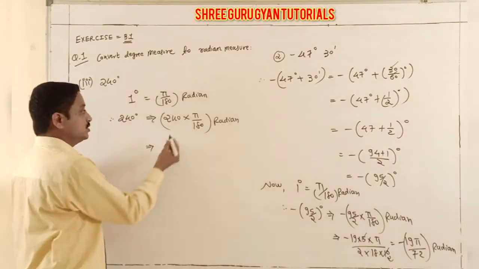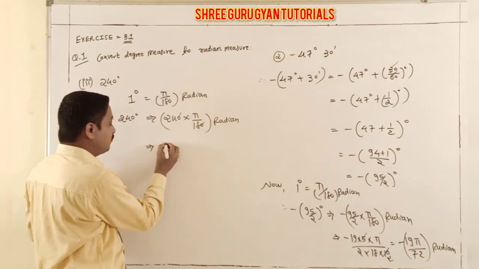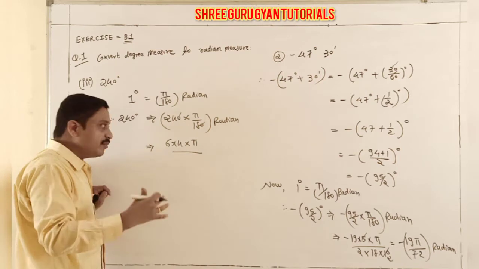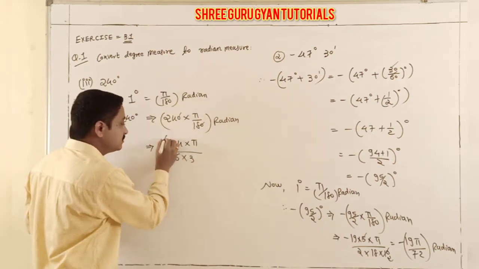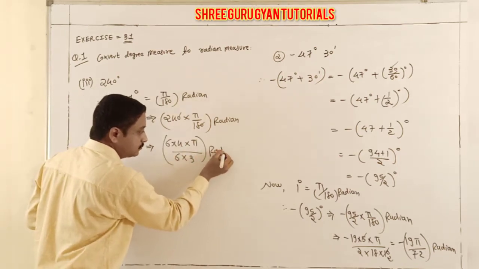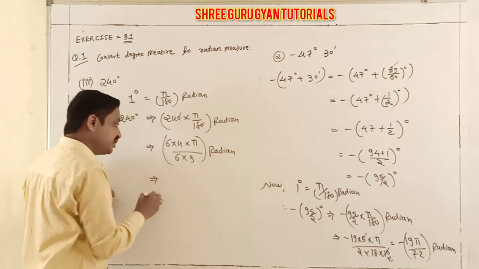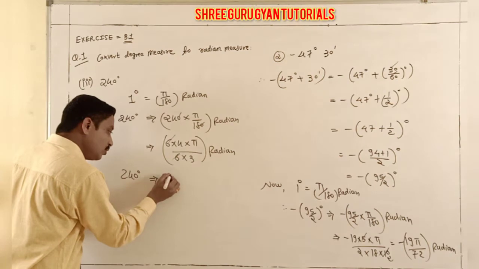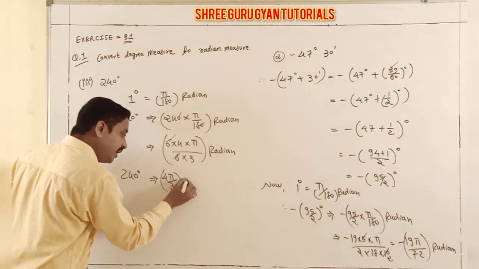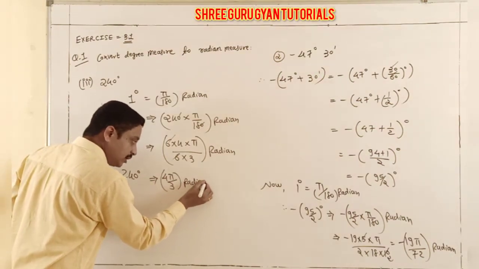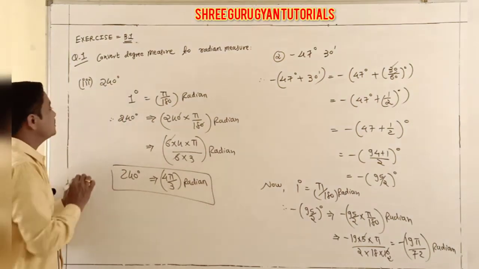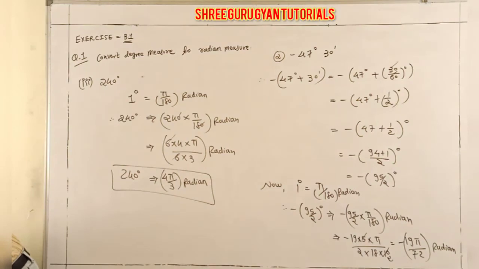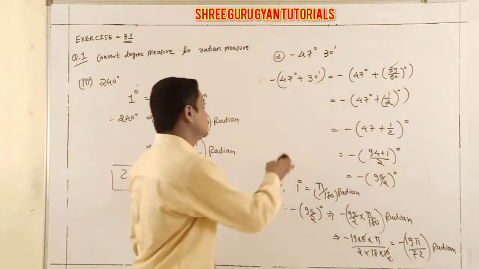Now the zeros cancel. Here 24, 6 4s are 24, least to least forming cancellation. 6 3s are 18 radian. So easily you get the answer. 6 is cancelled. So 240 degree is 4 pi by 3 radian. And here you are ending our easy third question. Now continue, students.